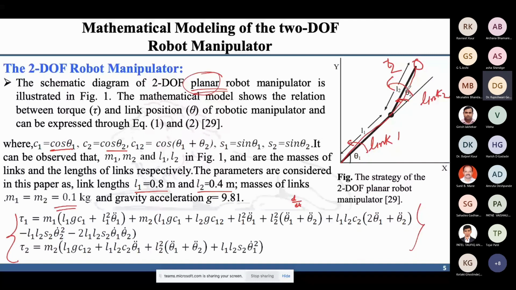If you are interested, you can go read the famous book by J.J. Craig. You can find it. It is again a separate research topic, right? The mathematical derivation of mathematics, you can generate your mathematics as well, if you have any idea of any kind of robot or any kind of manipulator, 2D or 3D, or you may have for your robot hand as well, right?